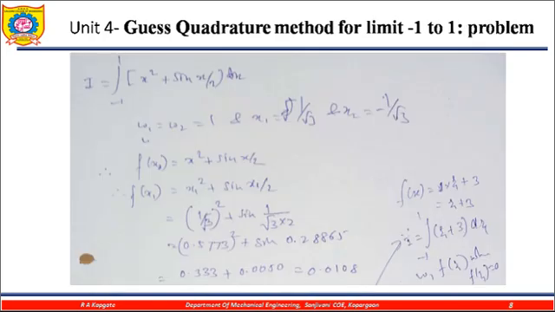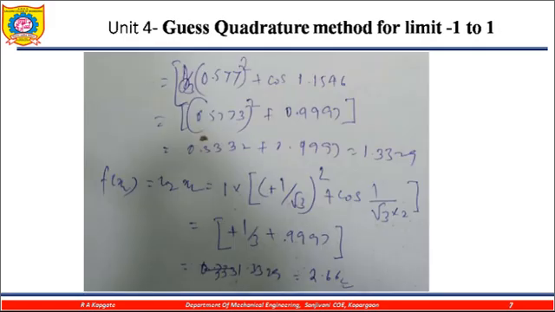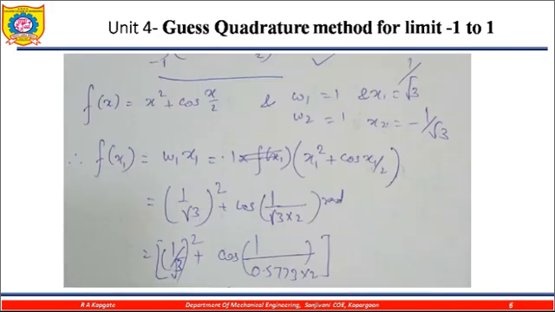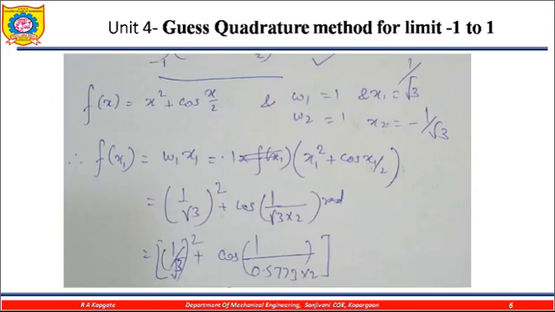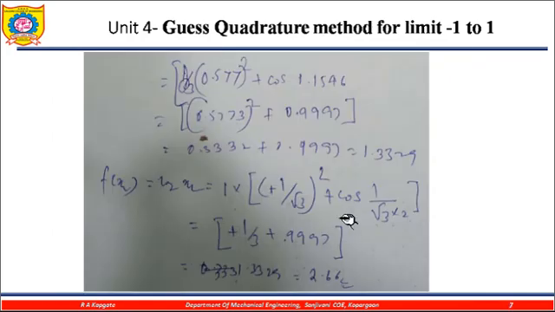Now what we get, here we are getting the solution. We are getting the solution in a very easy way. Now let us move again on the second formula. Here what we understand is that f of x is equal to whatever the function is given, and the addition of these two is our answer. Hence we need to add these two values, this value and this value, and then the final solution comes out.